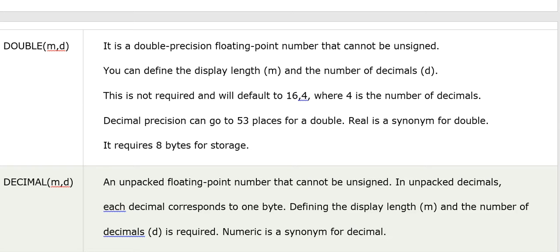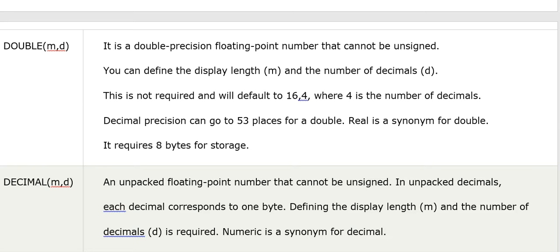Okay, coming to the next one, decimal and comma d, an unpacked floating value number that cannot be unsigned. As double is not unsigned, decimal is also not unsigned over here. Each decimal corresponds to 1 byte, and defining the display length n and the number of decimals d is required.